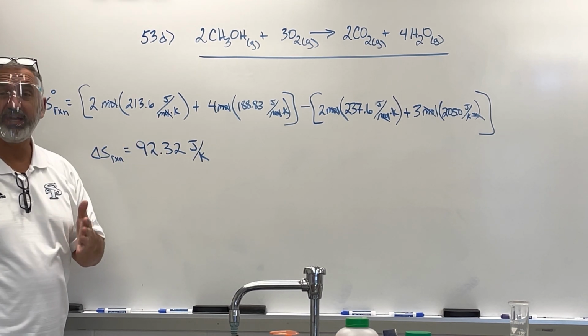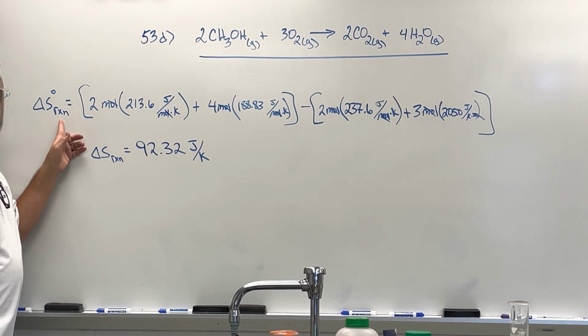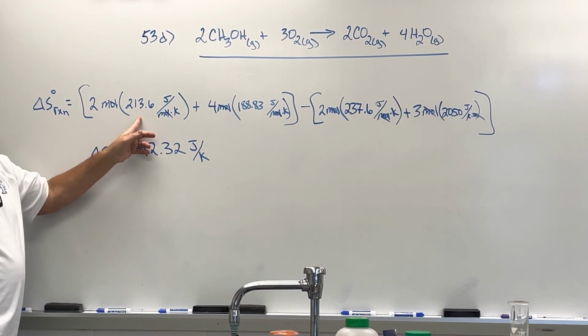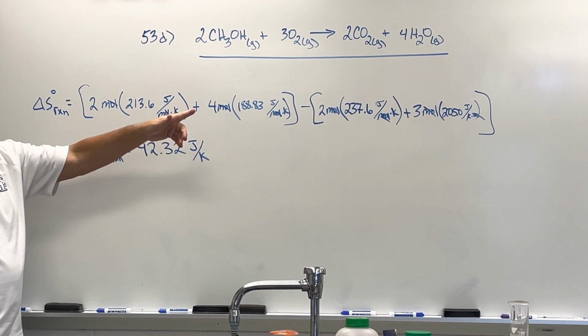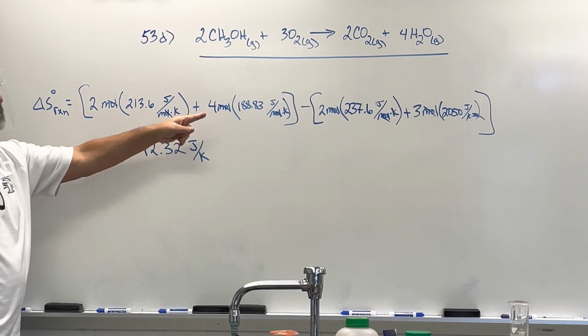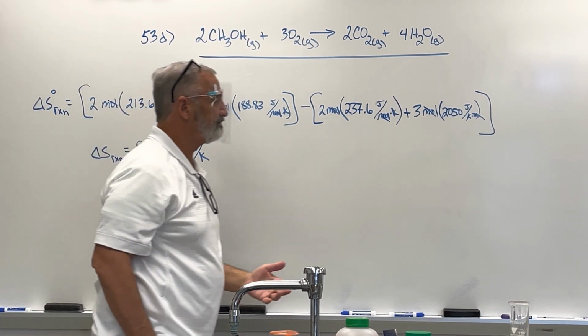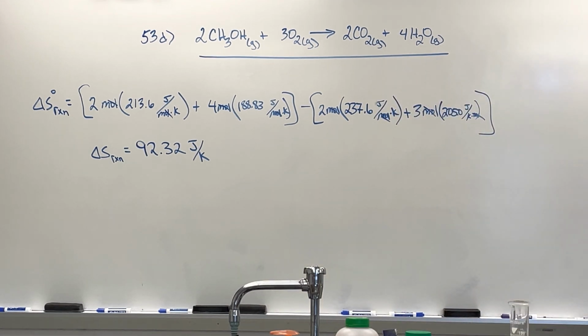Just like with delta H though, every once in a while they'll give you delta S and ask you to find the entropy of one of the reactants or products. And so you would do the exact same thing, except you would know this one, and one of these would be your X. All right? So it's pretty straightforward. Now, let's just look